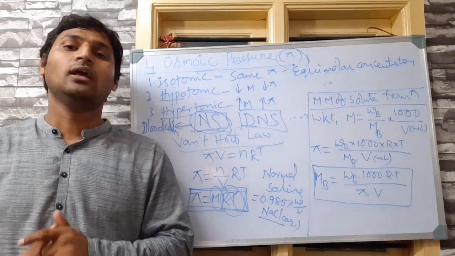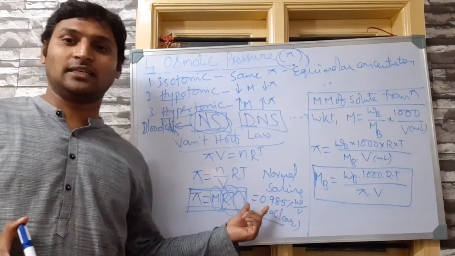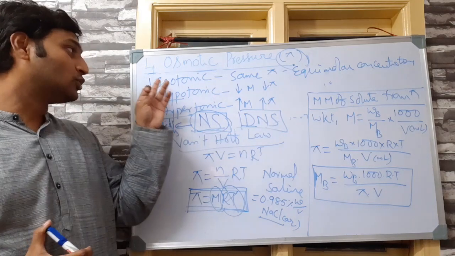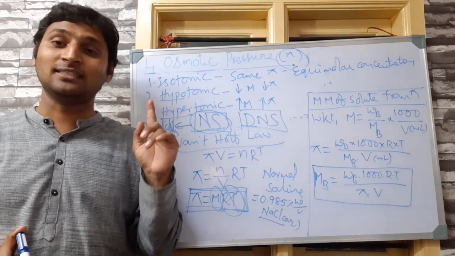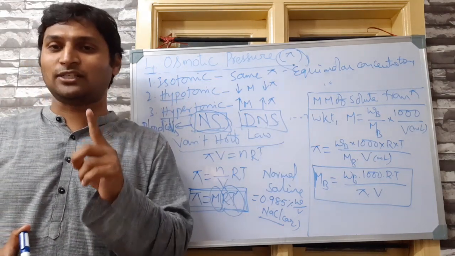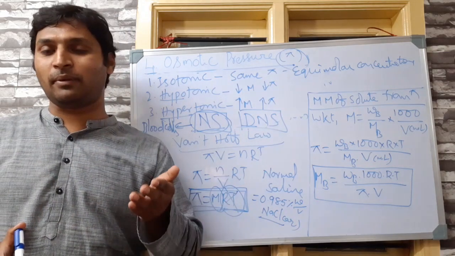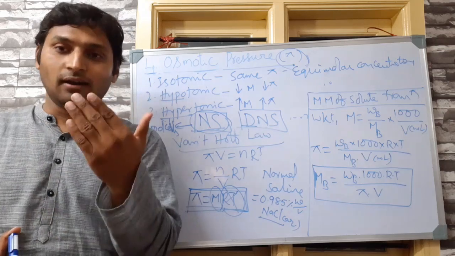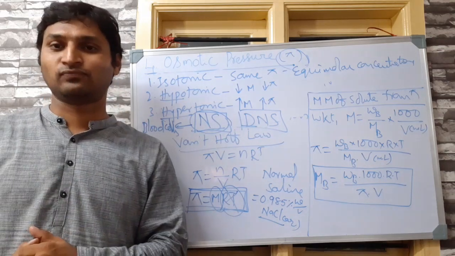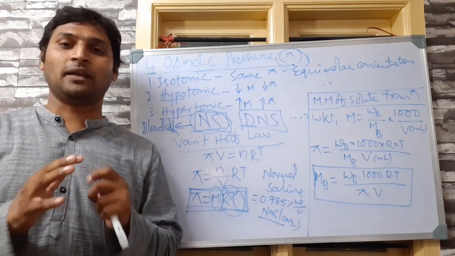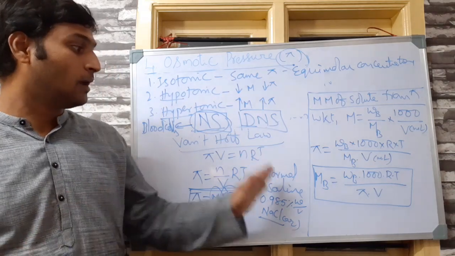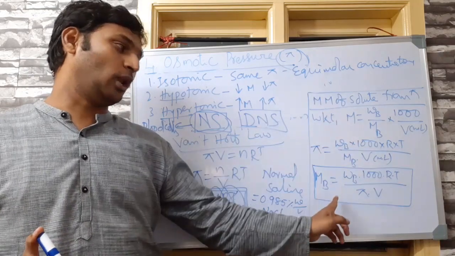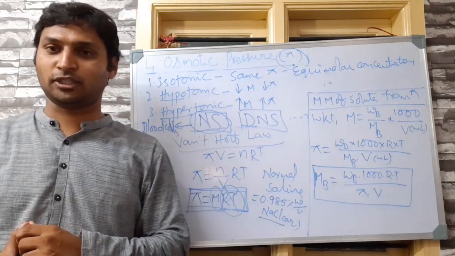Okay, so maintaining this concentration becomes so important. That is the significance of solutions being isotonic. It means that by making solutions isotonic across a semi-permeable membrane, we are preventing osmosis, which otherwise could be unsafe. Clear? This is some preliminary information about osmosis as well as the mathematical expression of osmotic pressure and determination of molar mass using osmotic pressure.